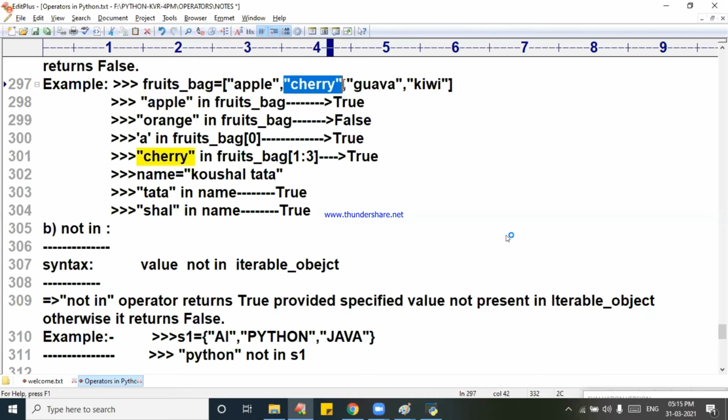Cherry is 1, this is 2, and then this is 3. What is coming because of fruits bag of 1 colon 3? It is 3 minus 1, that is 2 elements. What are the 2 elements? Cherry and guava. In those 2 elements, do you have cherry or not? Pawan Kalyan.